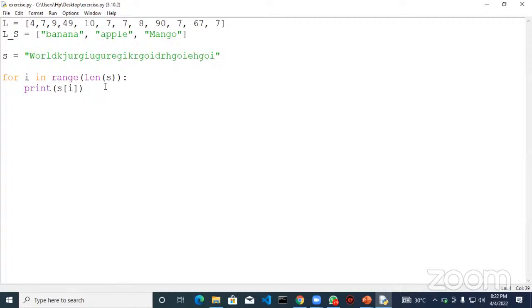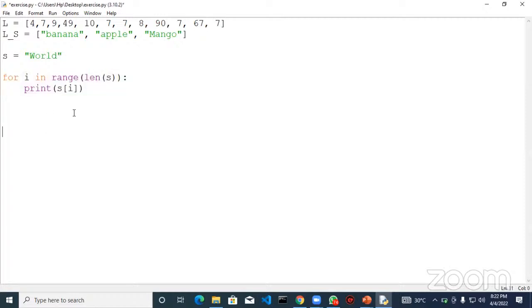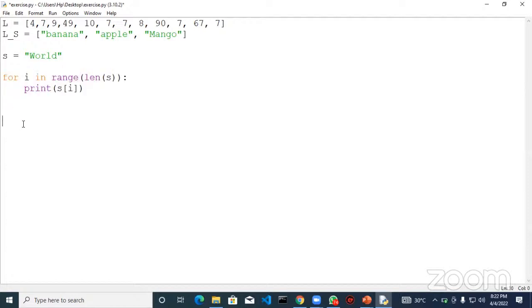And there's another way again of writing this for loop. There's another way of writing this for loop. And Python says, okay, so instead of